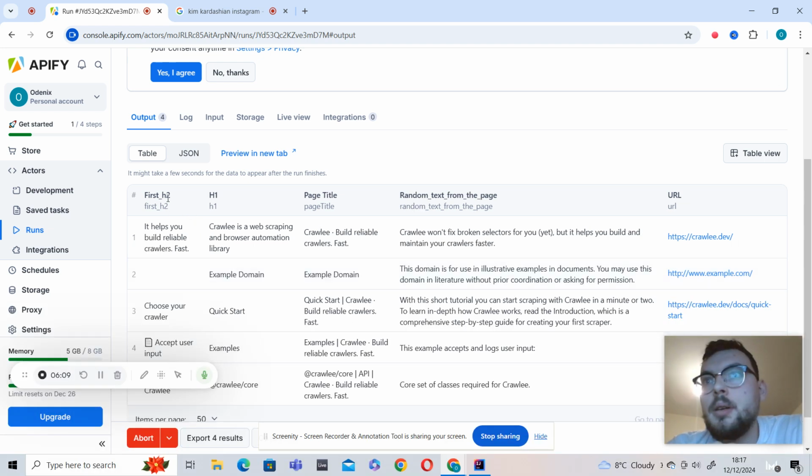It's just going through the various HTML elements, pulling out text.